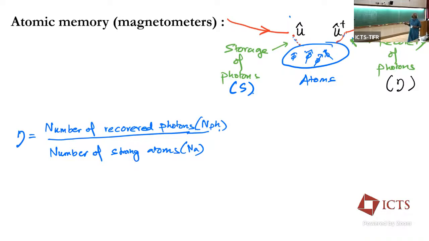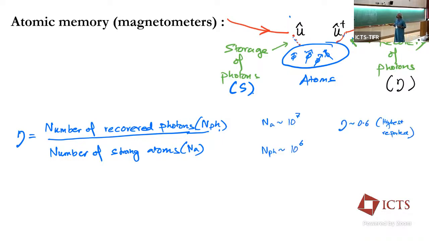You see that there are two very important parameters if you talk to quantum memory or atomic memory people in quantum communications. They'll always talk about the storage efficiency, like how many photons actually are getting stored in the atoms, and the recovery efficiency, out of the number of atoms which are storing the photons, how many photons you are actually getting. Both are very important. So for example, this is basically the number of recovered photons over the number of recovered atoms.